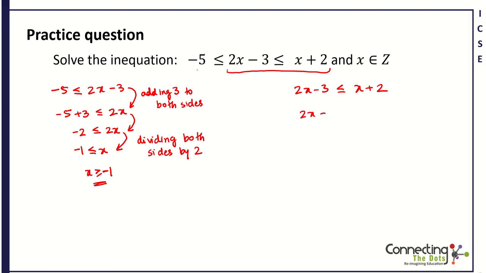So 2x minus x is less than or equal to 3 plus 2. X is less than or equal to 5. This is the second condition. So by looking at the conditions given, we realize that two conditions have to be satisfied to find a common solution. One says x has to be greater than or equal to negative 5, and the second condition says that x has to be less than or equal to positive 5. So combining these two, we will get the solution set